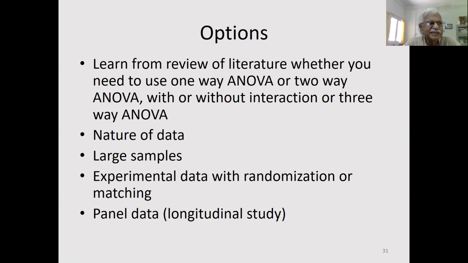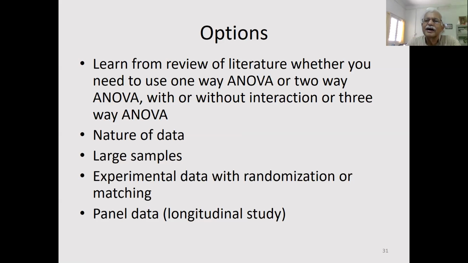When you have three-way ANOVA, it means there are three independent variables, say x, y, z. Just imagine that there are three independent variables, x, y, and z. Then the number of interactions will also be more. You can have interaction x, y. You can have interaction x, z. You can have interaction y, z. You can also have interaction term x, y, z. x, y is called interaction of second order. Likewise, you can have interaction of third order, fourth order, fifth order.